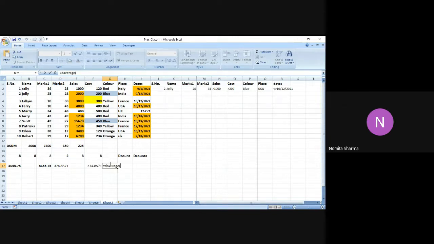Let me do it one more time for another. If I say average, the database, I'm going to select the whole database, including the headers. Then I say cost, and then I mention the date. So I say the date, and then I close the bracket. I got 283 as the answer for the average. So let me see how I'm getting the answer. So not equal to, I have to actually take the cost like this. So let me just find the cost. I say average. I'm just verifying the answer that I've got so that I don't have to worry about anything.